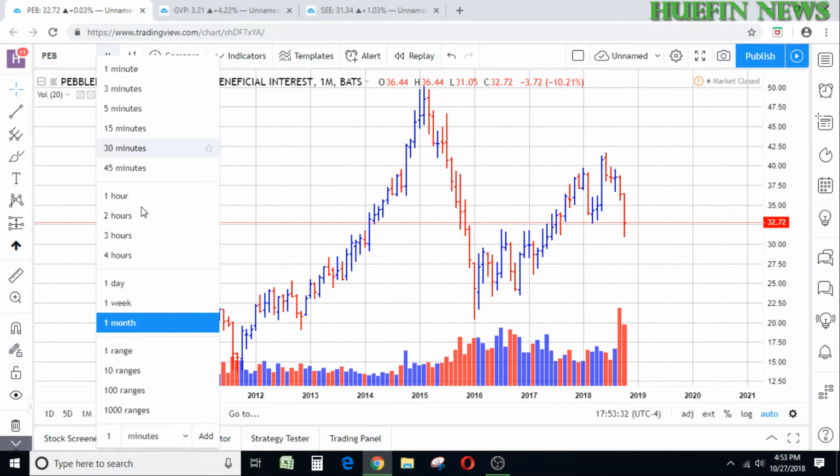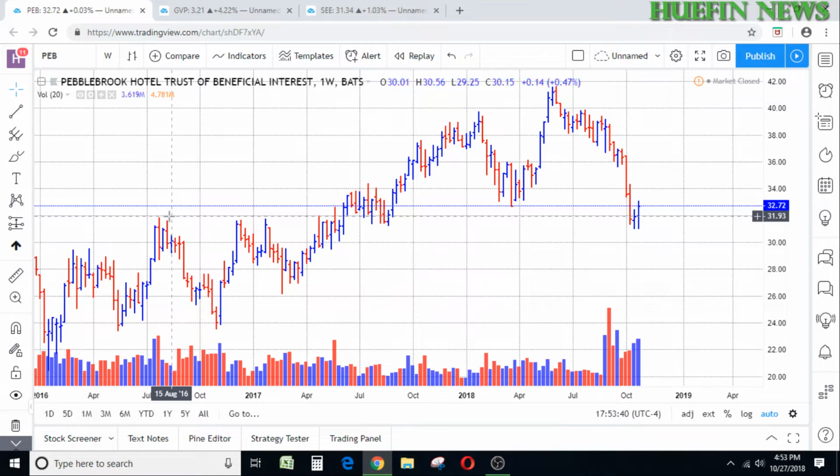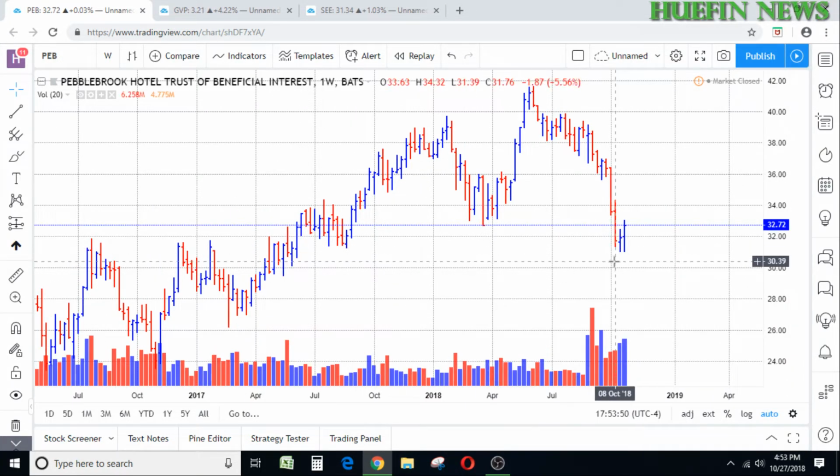upside throughout November. Okay, so this is the weekly chart, and you can tell that over the last 2 or 3 weeks, we have come and held support right here towards the tops of these particular weekly bars, which is around $31.50. And even on this last week that we just concluded, definitely shows you that all the volume that we've